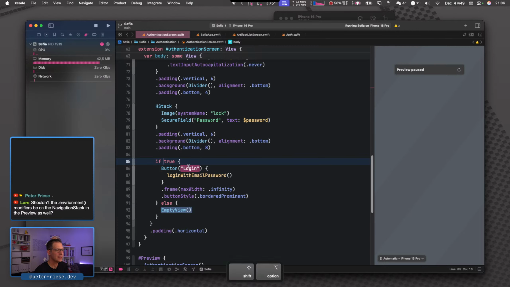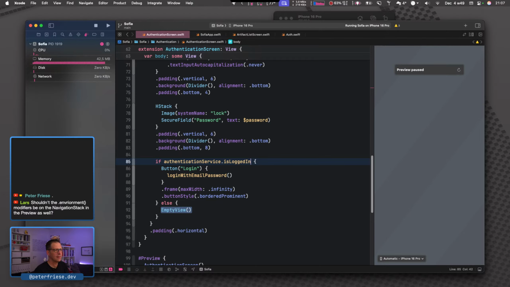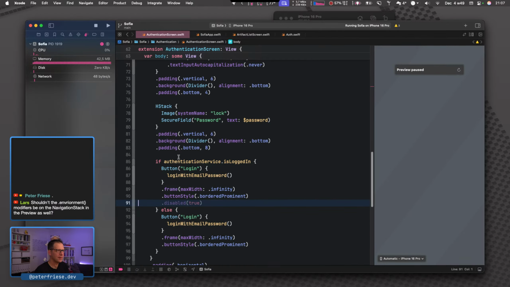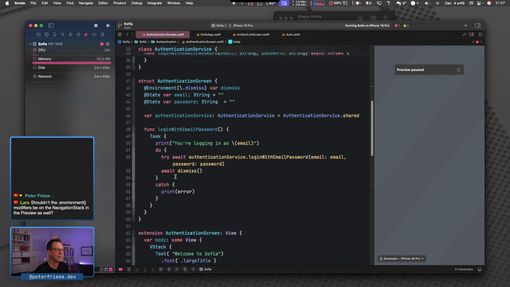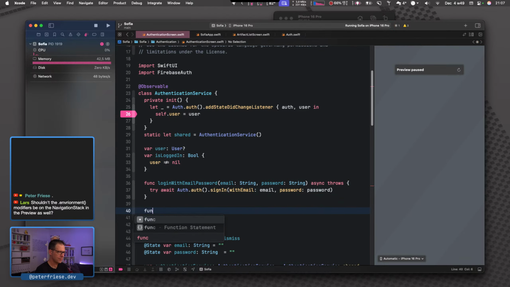So if we did it this way, if authentication service is logged in, we want to have a logout button. Let's move this down here, and then log out like that. So let's implement this. It should work, but it's not a great way to do it.